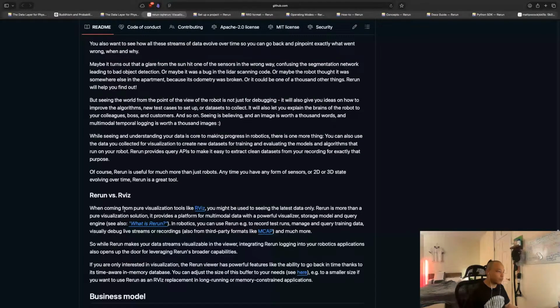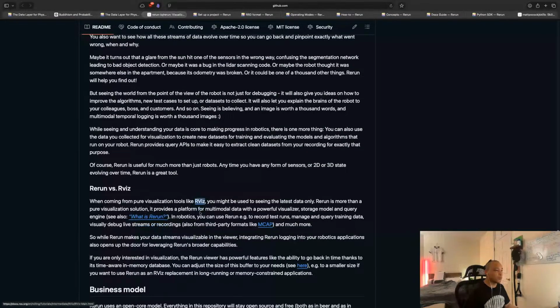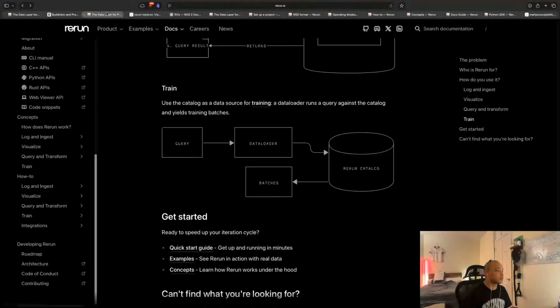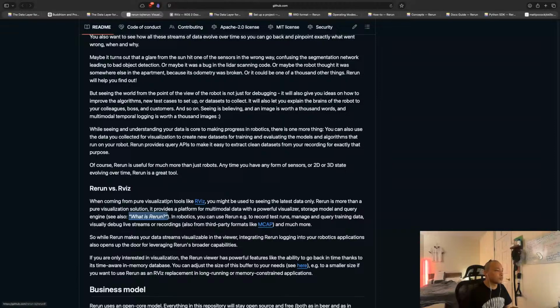Okay. Rerun versus pure visualization. You might be used to seeing the latest data only. Rerun is more than a pure visualization tool. In robotics, you can use Rerun to record test runs, manage and curate training data, and visually debug live streams or recordings.